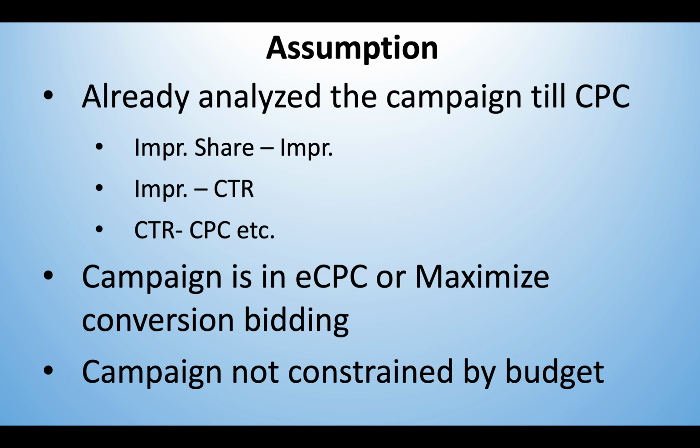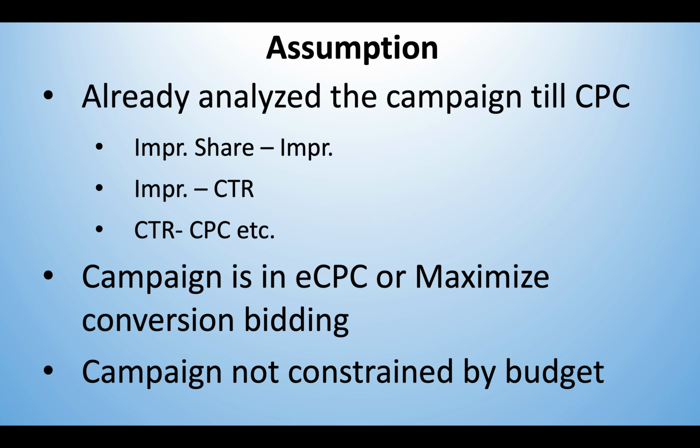Like I mentioned during the webinar, which you can see from the above link, there are around 30 to 35 metric pairs. And in Google campaign alone, there are around 15 to 16 metric pairs. In order to do the analysis at CR and conversion, you should have done analysis on the metric pairs which preceded them. Some of the metric pairs are impression share and impression, and CTR, CTR and CPC.